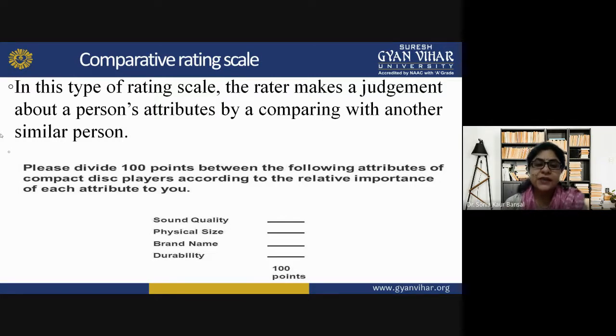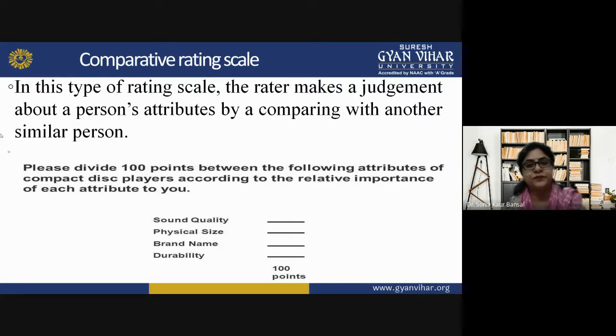As the name suggests, students, comparative means we are making some comparison. And the comparison is made when you have two persons or objects of the same background in front of you. But we assume that even being from the same background, they have some qualities that differ from each other. So in this type of rating scale, the rater makes a judgment about a person's attributes by comparing with another